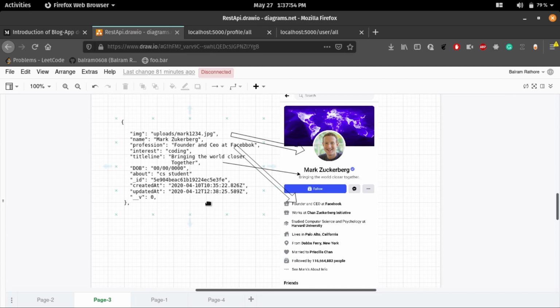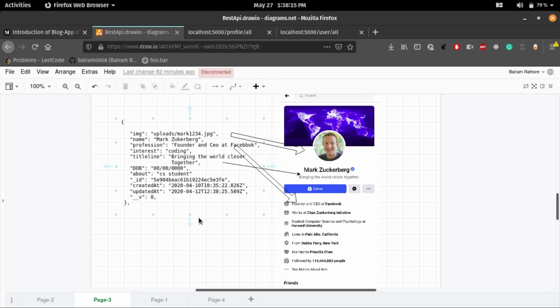The thing is that the data is stored in JSON format, you get JSON data, and you have to show it in such a way that the user can understand. If you want data from the server, then you have to make a GET request.